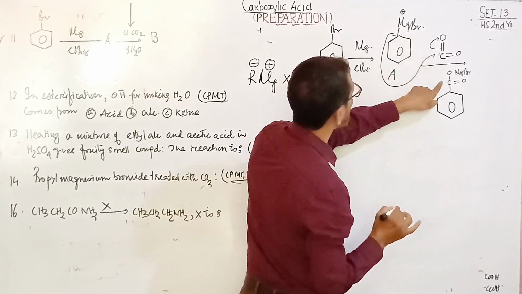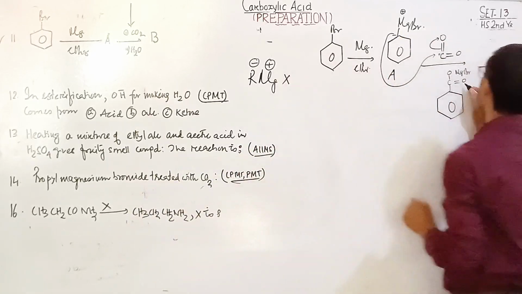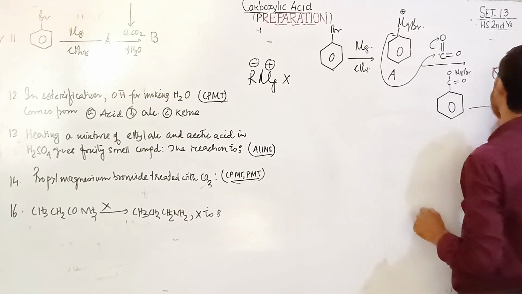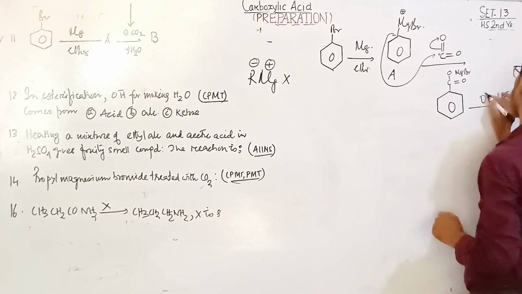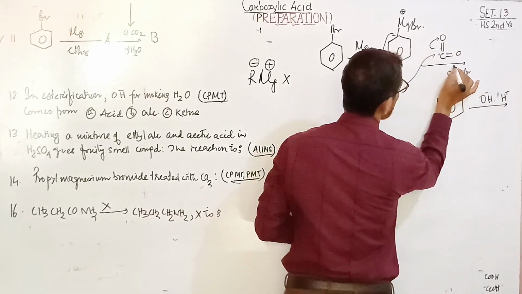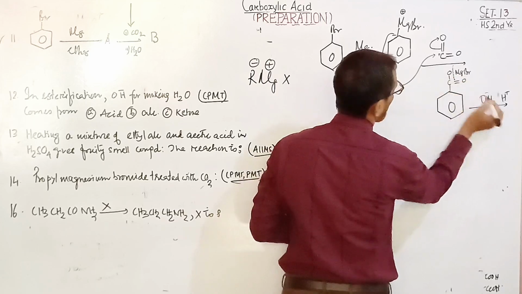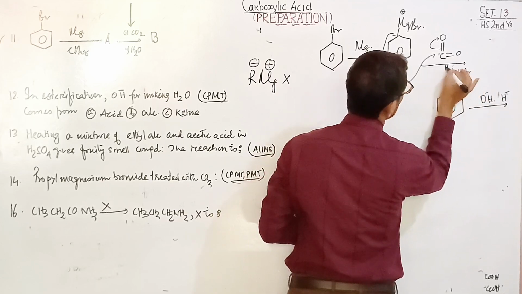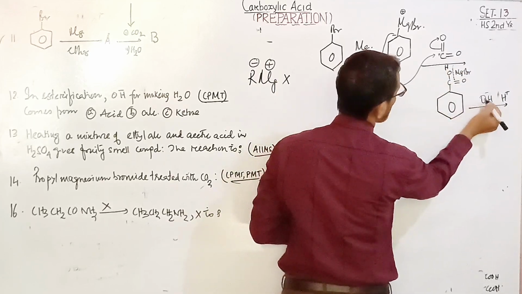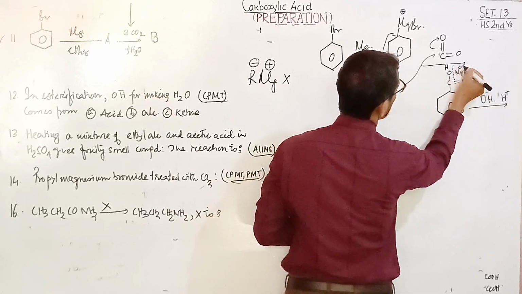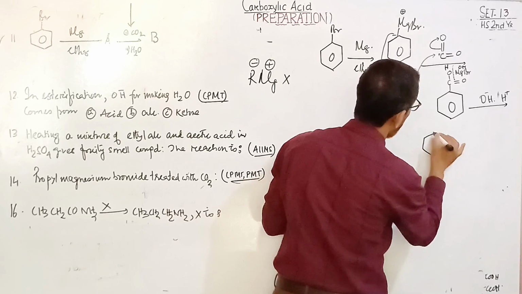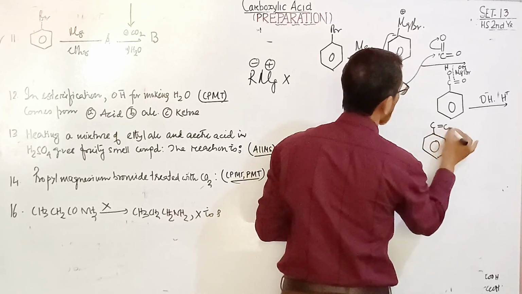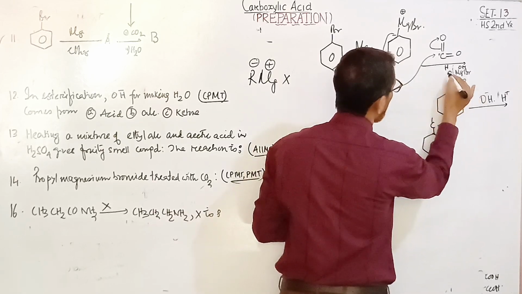And this plus is getting attached with this. So you are getting this one, and this on acid hydrolysis means H plus and OH negative. Am I right? Acid hydrolysis. Always this breaks in this way. H will come to the negative oxygen and OH will come to the positive magnesium. So you are getting here C double bond O and here